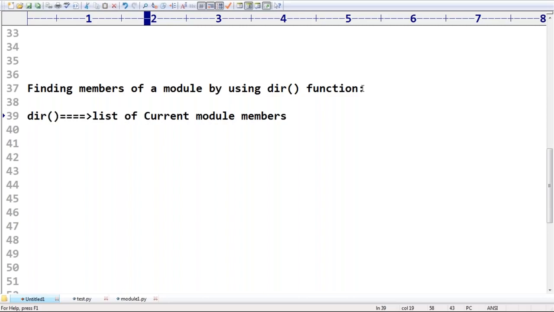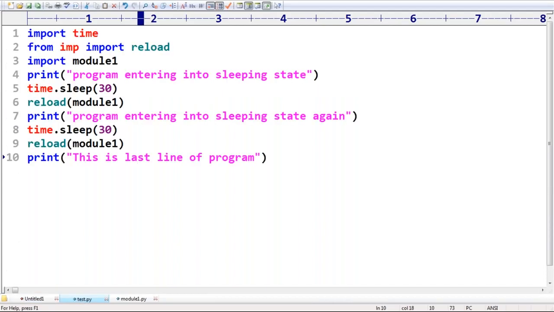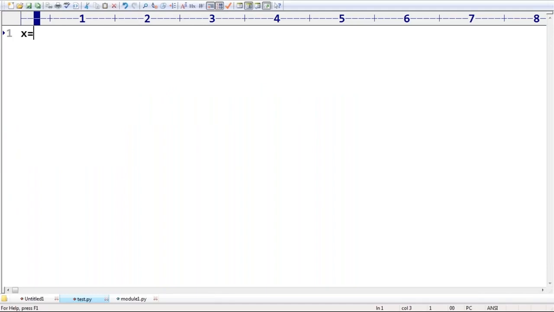Sir, can you please explain a small example, because I want to see practically whether it's going to work or not. Very simple, sir. What I'm going to take: x is equal to 10. Next, y is equal to 20. Next, I'm taking a function, def f1, print hello, like this. Can you please tell how many members are there in this module?